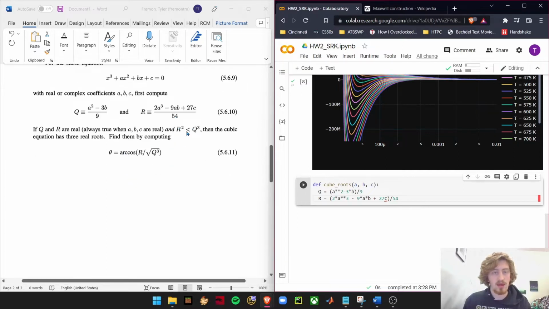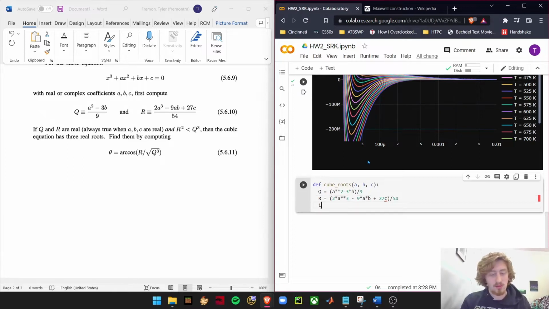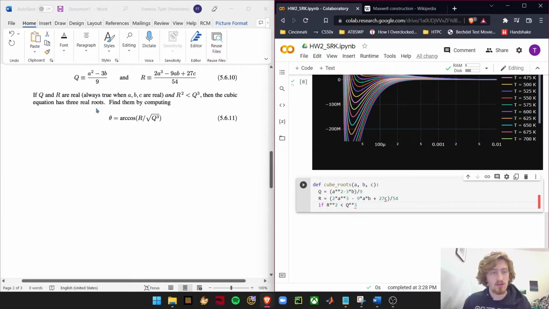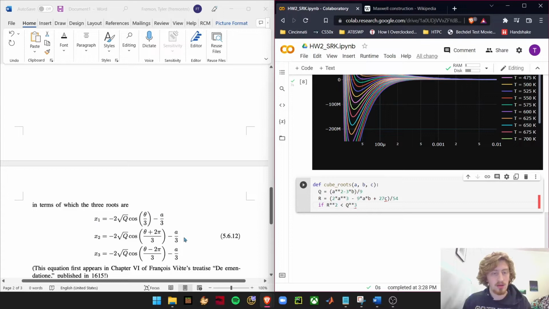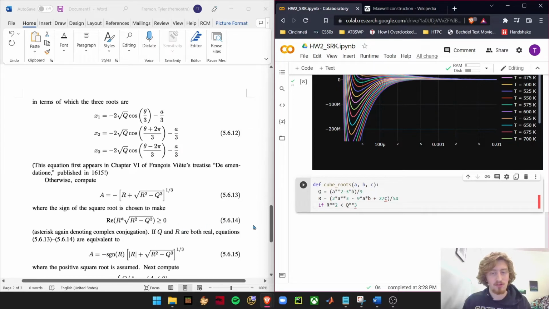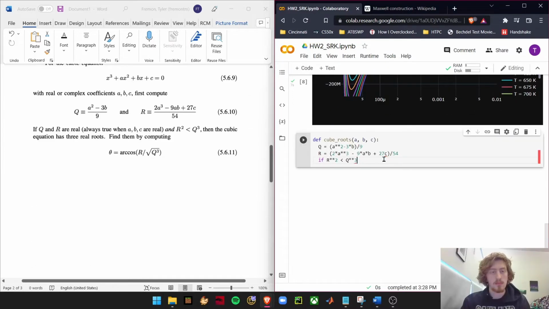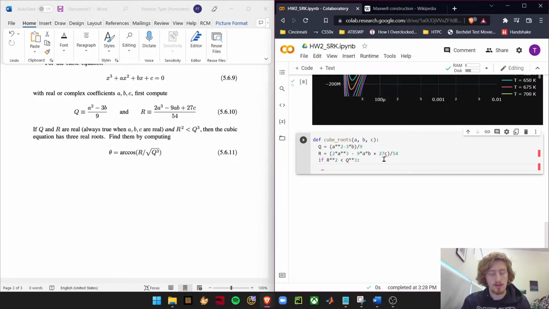since we have a condition here, r squared is less than q cubed, we're going to need an if-then statement. And our first statement is going to be if r squared is less than q cubed, then we want to compute theta using this formula, and then we'll plug theta into these three equations to solve for the roots. So from here, we want to calculate theta, and theta